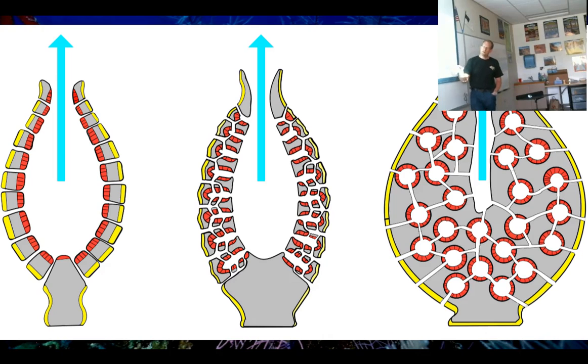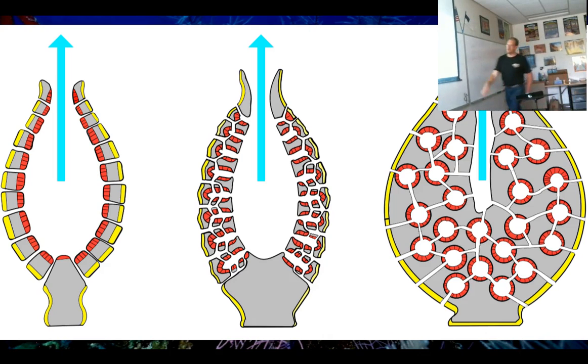So the red here is the collar cells. In the simple sponges, the collar cells line the central cavity. In this intermediate level of complexity, the collar cells line the side pockets and just squirt all of their water into the central cavity, which then forces it out the top. And in these ones, the collar cells line these little bubble cavities, and the water is sucked from here and squirted into the next bubble cavity until it finds its way to the middle, where it comes out. Yeah, kind of like a maze.